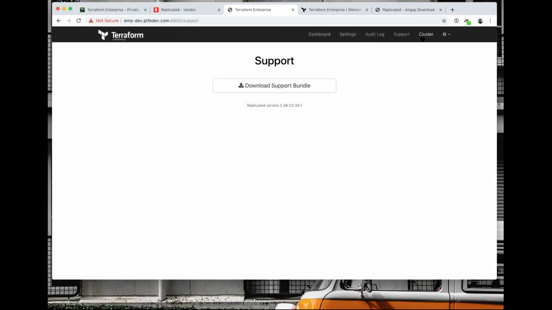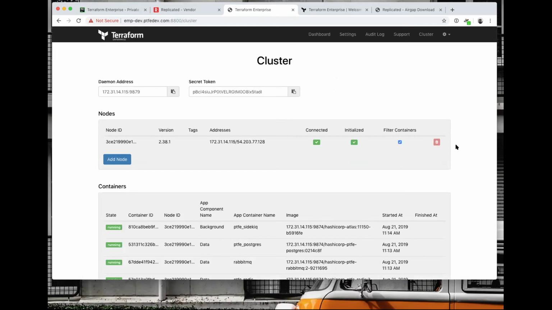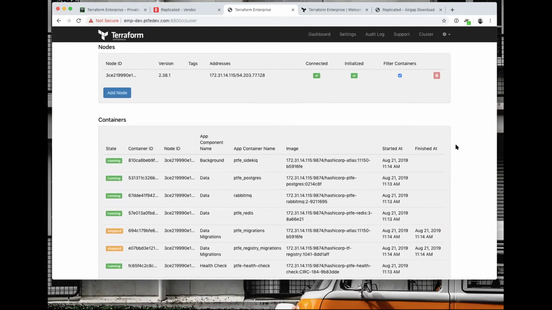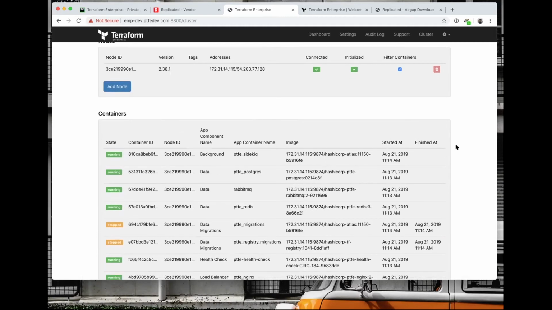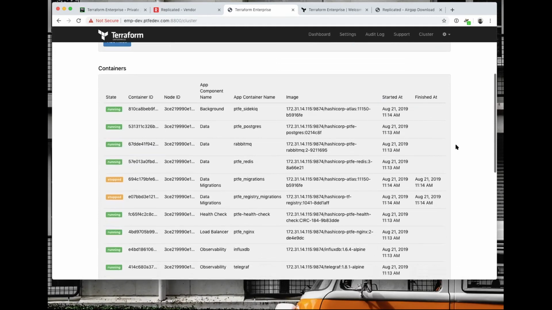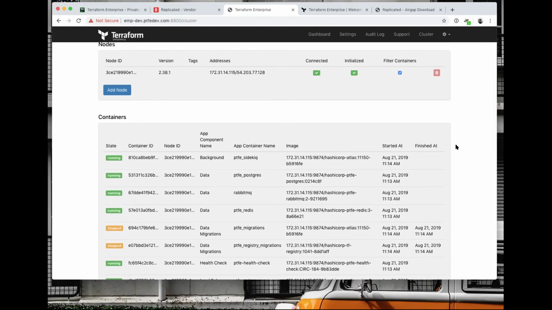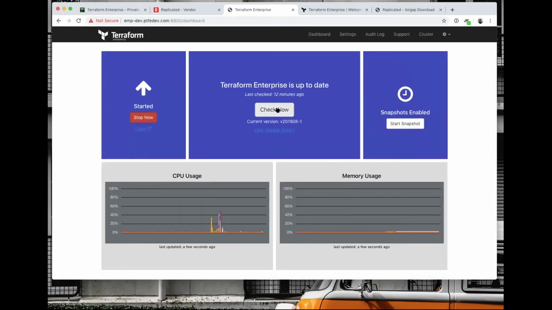Then we'll show the cluster, which is the way to see how the application is running. You can add nodes in if you want to run it on more than one host. That's a quick overview of the on-prem side. Most folks have seen this. There are a lot of services running, more every day. Great. Then if you go back to the main dashboard, we'll click the check for updates button. There are no updates available right now, but if Evan promoted a release to this channel, there would be an update available. He could read the release notes, click apply, and it would apply the update.